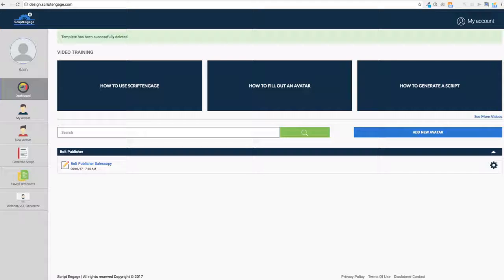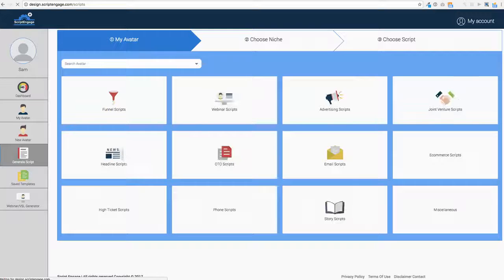What this software does is it takes away the hassles of having to think about what you're writing about your product in order to sell it. It actually gives you the ability to add details about your business very quickly and easily, then go ahead and generate the copy that you need. It includes a variety of different scripts and different formats that you can use when you're actually creating your sales copy, from funnel scripts, sales page scripts, webinar scripts,